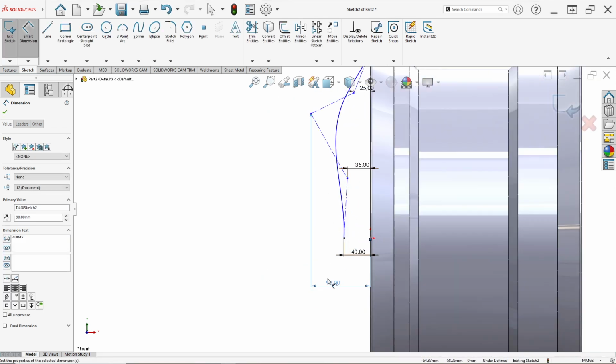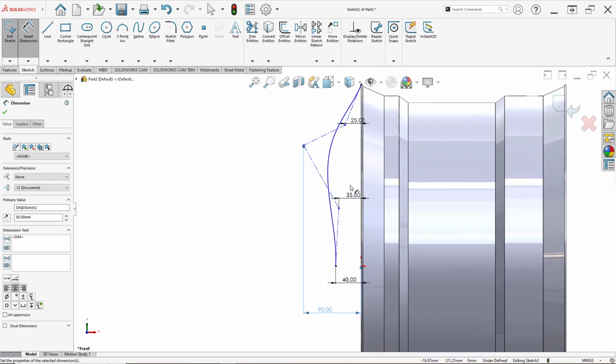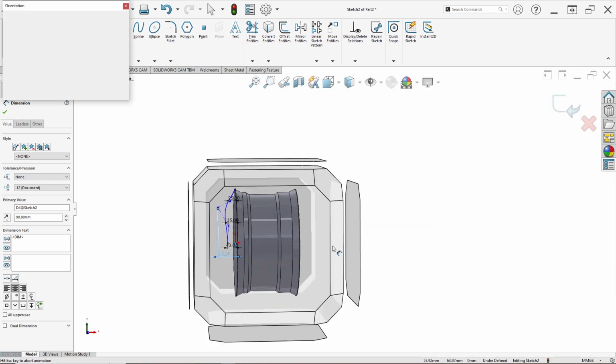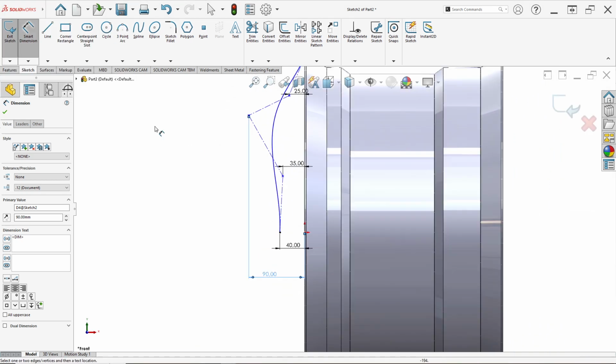Like this. I think enough. The center is 90 millimeter. So in here I use distance or unit just for example. It's not standard, but I want to show you how to design a wheel rim in SolidWorks step by step like this. Then set the dimension.